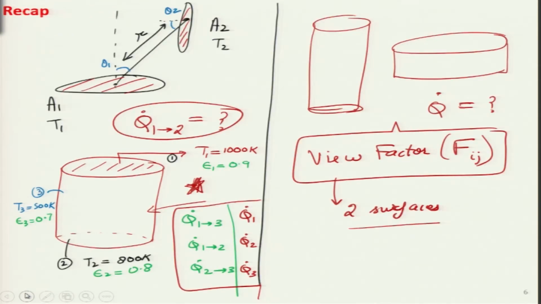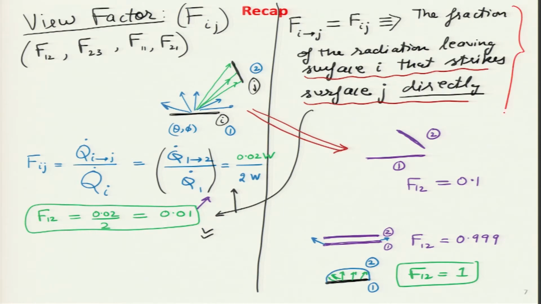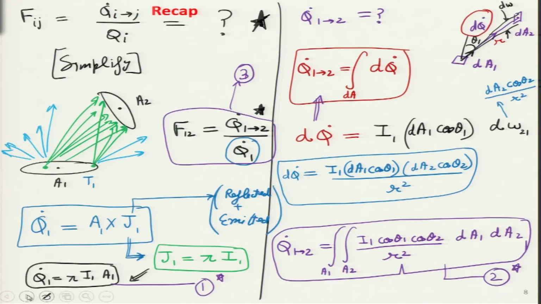So, we had looked at certain figures, which I will come back to over here again. The main thing that we did last time was the concept of the view factor, which is represented by the symbol F, and for any two surfaces we can call that particular view factor Fij if we are talking about surface i and surface j. By definition, Fij stands for the fraction of radiation leaving surface i which strikes surface j directly.